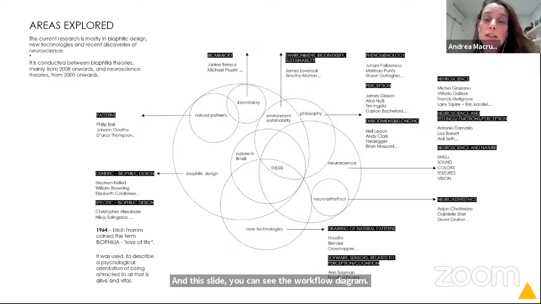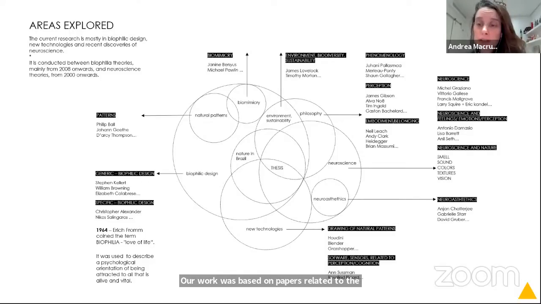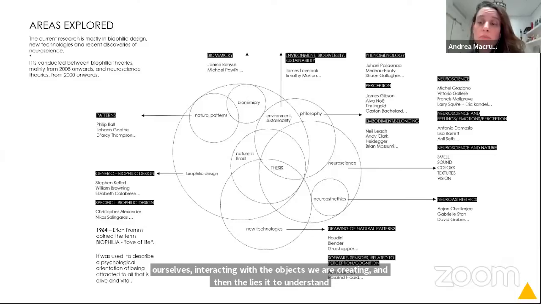So biophilic design refers to humans' innate connection to nature to improve spaces, health, and well-being. Our work was based on the neuroscience research of Omid Kardan, Nikos Salingaros, and Jarty Jajji. With contemporary advances in neuroscience, digital technologies, and quantified-self practices, it's possible to extract information from ourselves interacting with the objects we are creating and analyze it to understand further how these interactions might be affected by